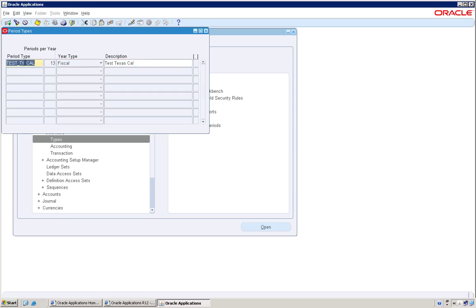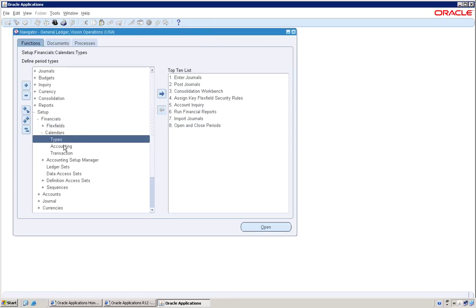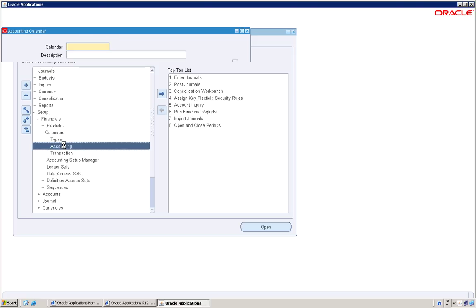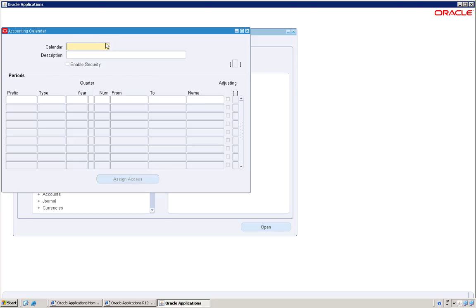So here in this way I have created the test tx calendar and I created the quarter as 13 and the year type. There are two types, one is calendar and one is physical. I have selected physical and I give the description. So my calendar type is test Texas calendar. Now I'll just create the accounts for that type. So we're going to create a calendar type as TXCAL, that is Texas